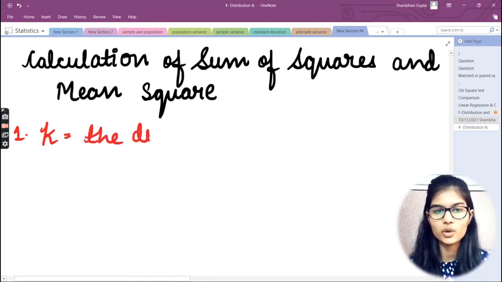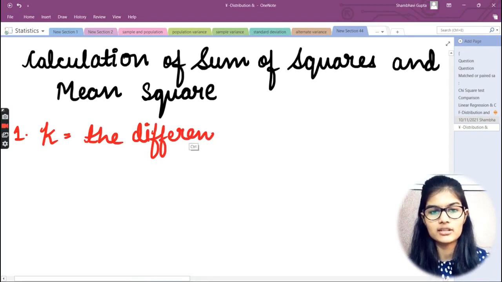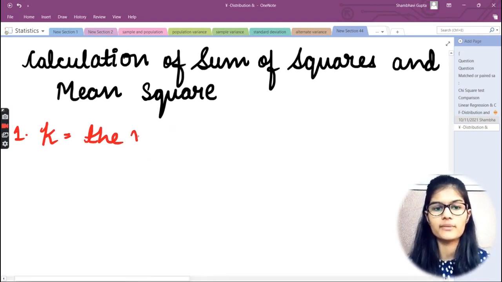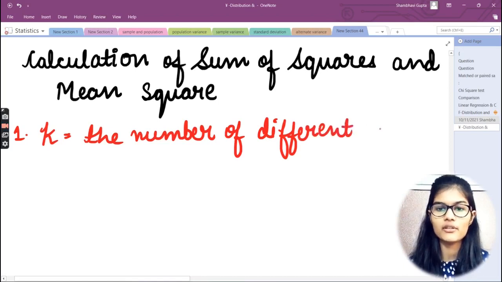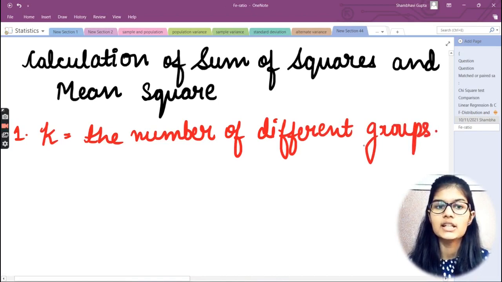That is basically the number of different groups. It is a number of different groups, right? So this is the calculation of sum of squares and the mean square. So k is one of the terms that we are having, and it is the number of different groups,